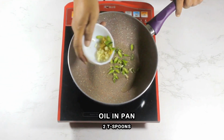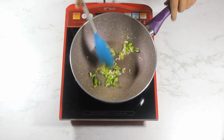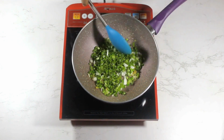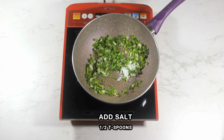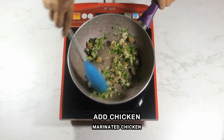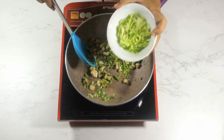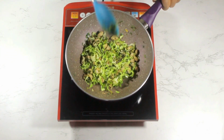Begin cooking by adding the ginger, garlic and chilies in some oil and frying it all together. Follow this with the spring onions. Add some salt and give it all a good toss before you add in the chicken. After chicken comes the cabbage, then the capsicum,